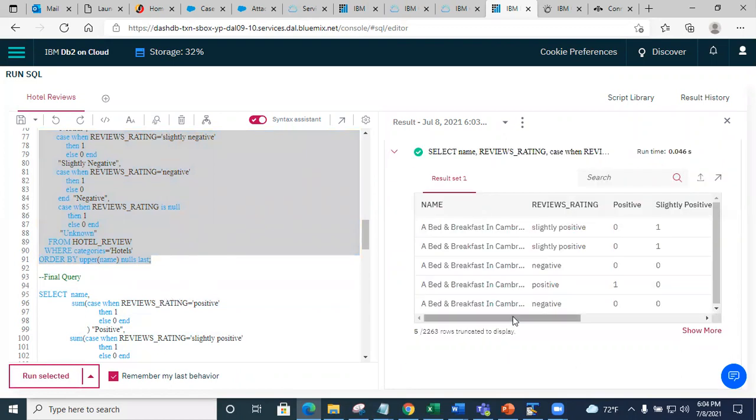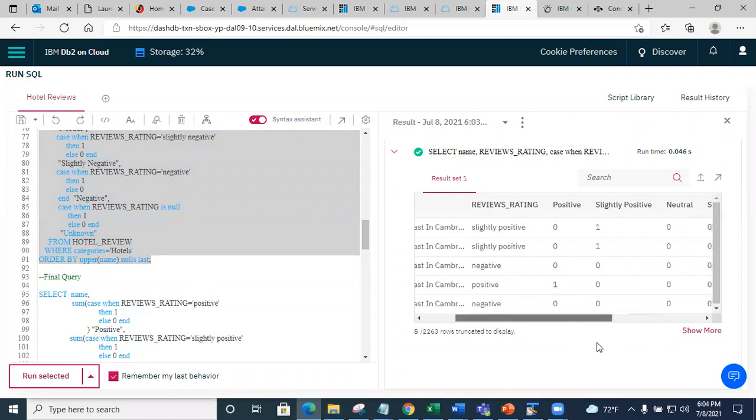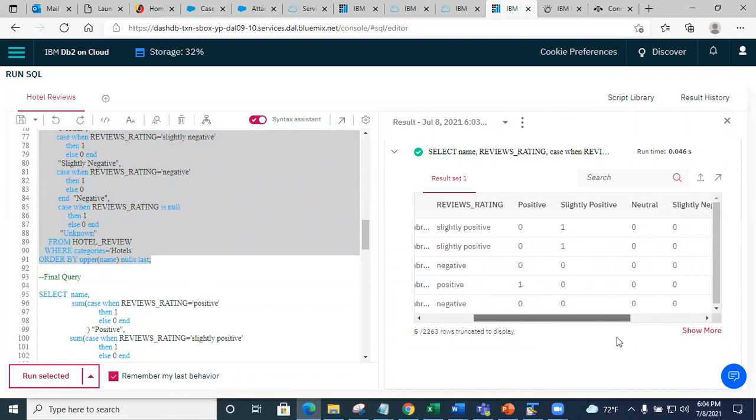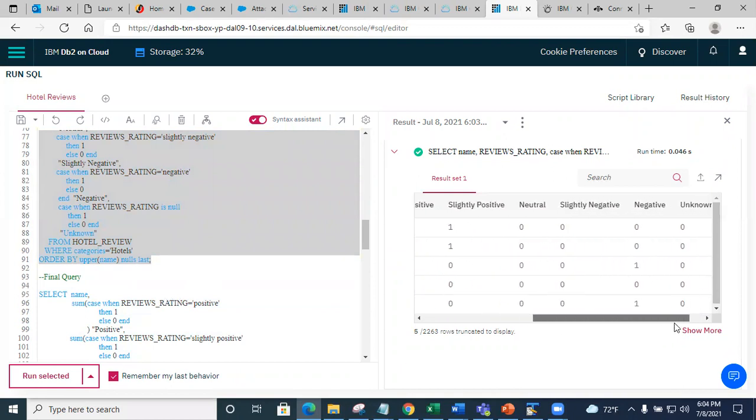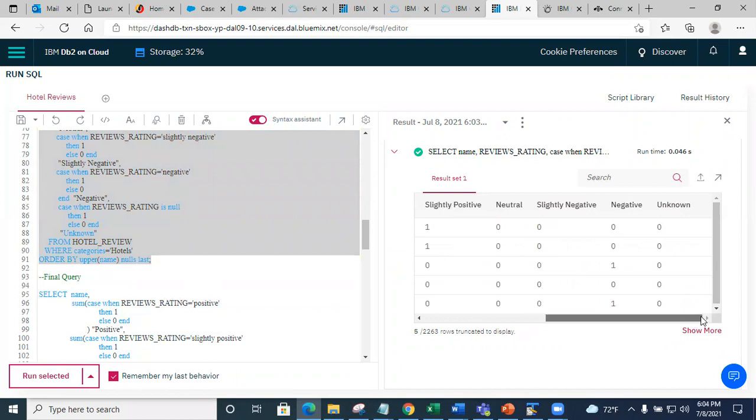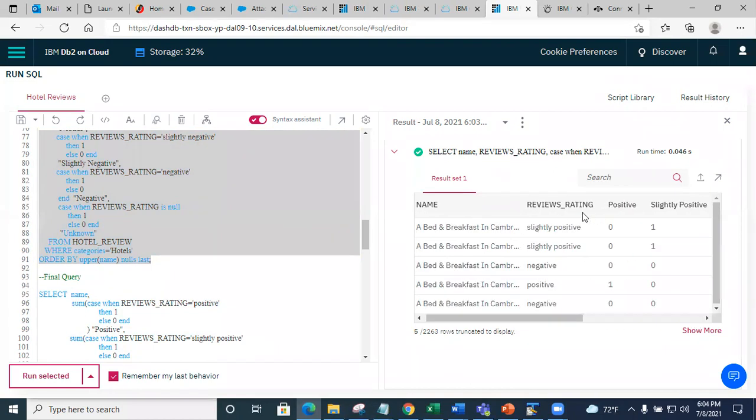Look, this is what I want to do. I have a tweet in here and I have a rating, right? And I want to create a column for each sentiment. I want to do positive, slightly positive, neutral, slightly negative, and unknown. So what I want to do in here is this. If